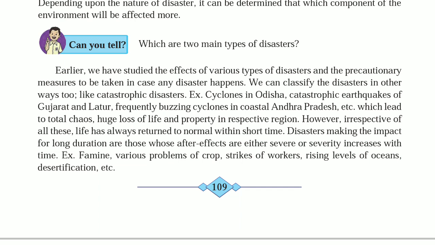Earlier, we have studied the effects of various types of disasters and the precautionary measures to be taken in case any disaster happens.